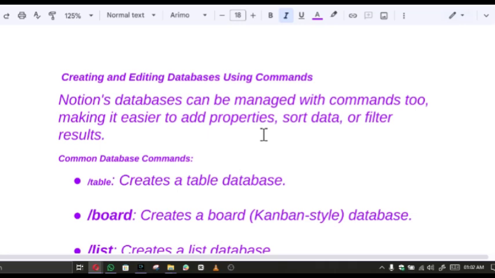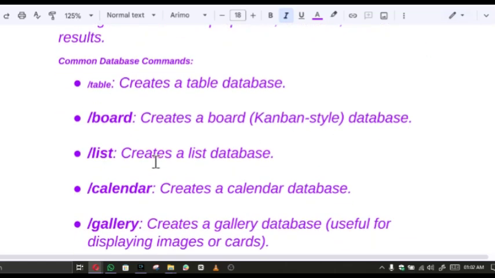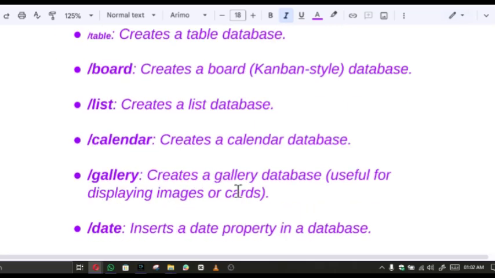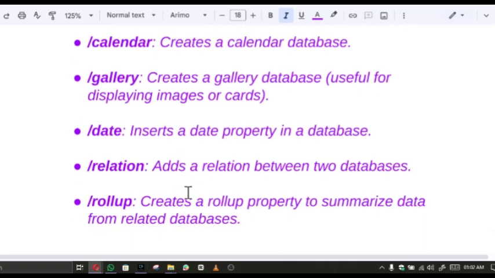Some common database commands are: to create a table database, /table; to create a board, Kanban style database, /board; to create a list database, /list; to create a calendar database, /calendar; to create a gallery database, which is very useful for displaying images or cards, /gallery; to insert a date property in a database, /date; to add a relation